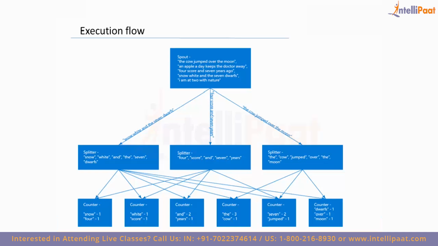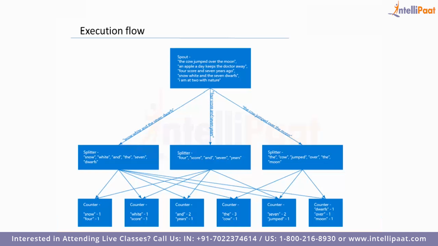And then it is going to feed the next bolt, which is the count bolt, which is going to receive the output of my first bolt, the splitter, and then club or group them together. Once they are grouped, it is going to calculate the total count and then write it out. Alright, so this is the flow. Get the input, split it up in the first bolt. Once it is split up,